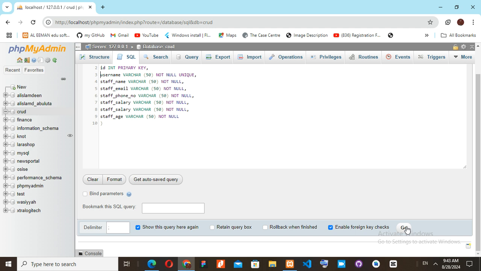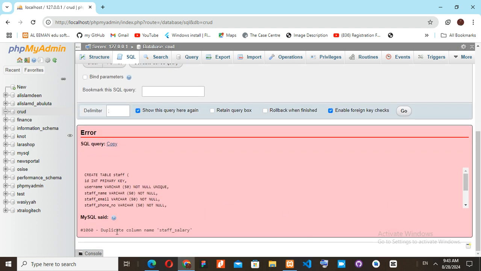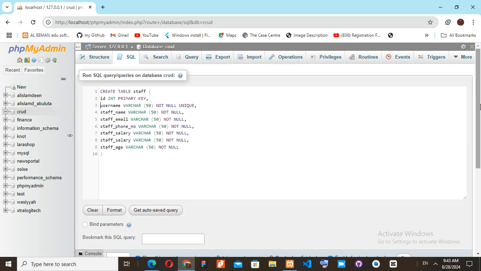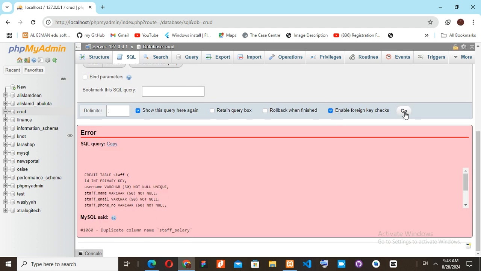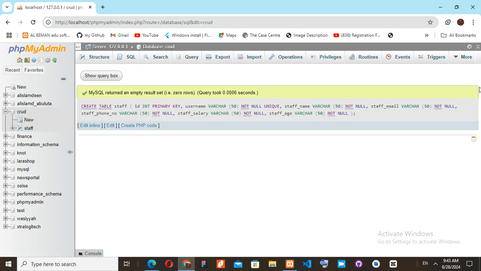Alright, so now if I save this, okay, it's saying duplicate column name staff salary. Let's see what's happening. Staff salary, okay, yeah, I've already duplicated this. So let's go back and save. So I think I emphasized SQL errors in the previous tutorial, but now that I've created this table